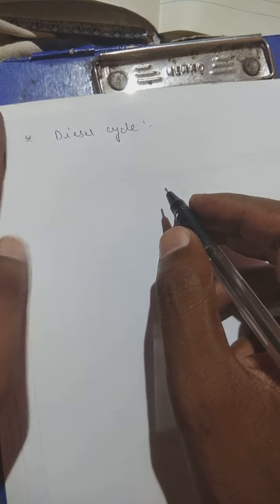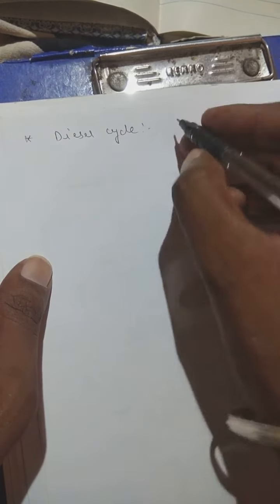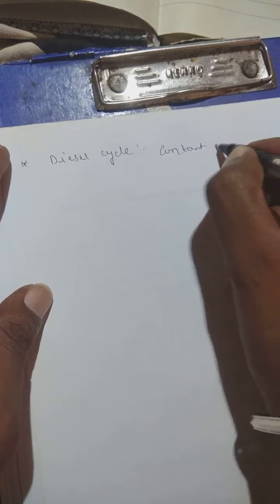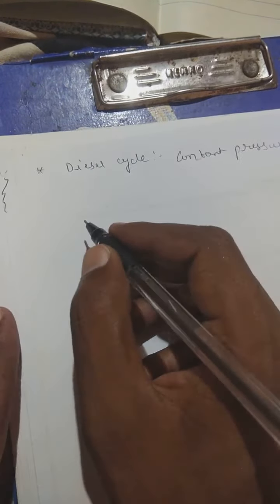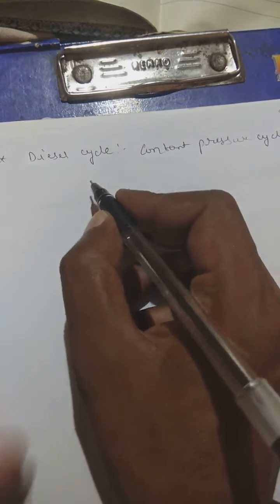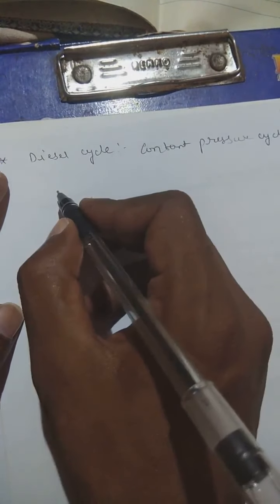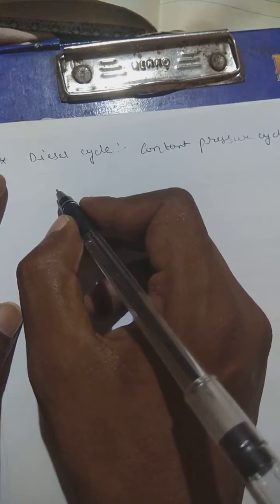So first of all, we should also know that this diesel cycle is also known as the constant pressure cycle. First we should know that this diesel cycle is a constant pressure cycle, whereas the Otto cycle is a constant volume cycle. Okay. So first we shall draw the PV and TS diagram of this one. As the name itself indicates, constant pressure cycle means in this one we will be having one constant pressure, and